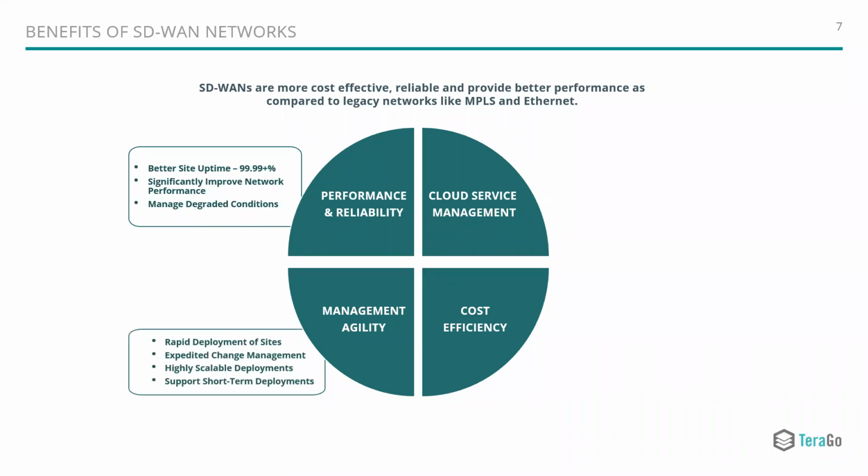Secondly, management agility. Zero-touch configuration of the orchestrator and internet connectivity makes network management really flexible and very easy. It's easy to quickly deploy new sites. It makes it significantly faster to implement network changes. You just make your change to the orchestrator, and then the orchestrator pushes those changes out to all the boxes